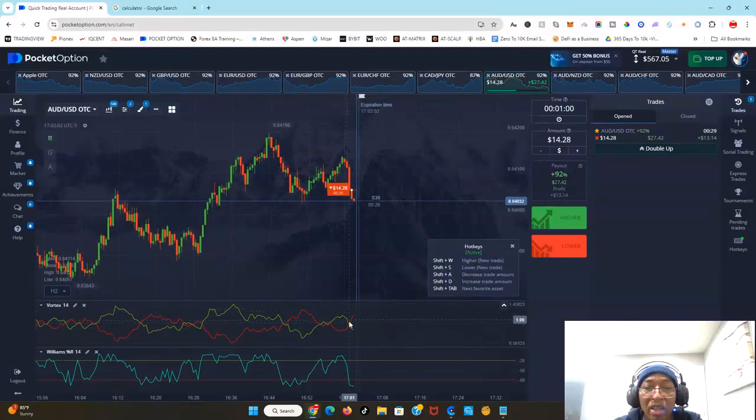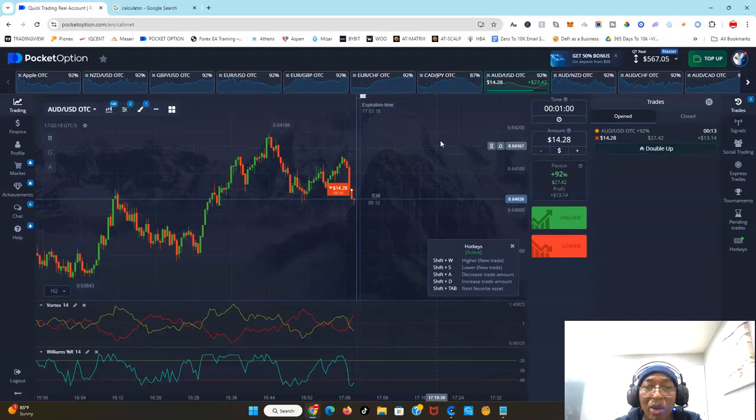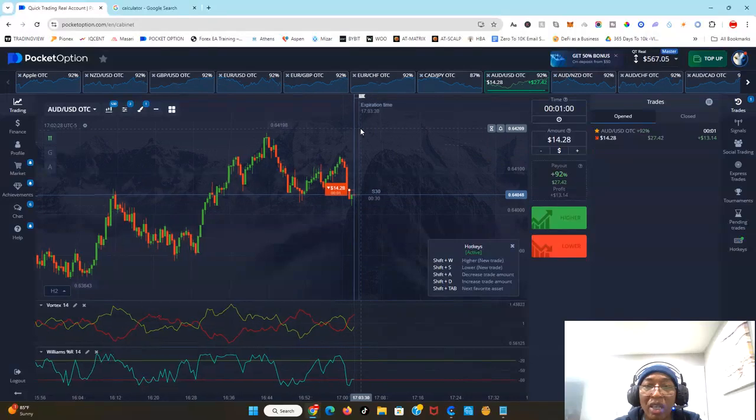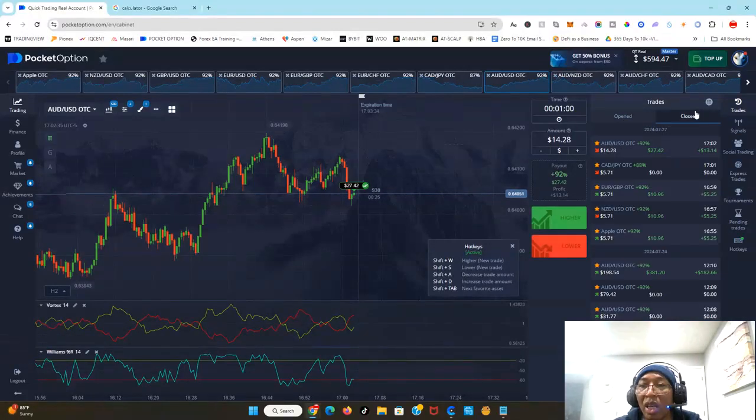As you can see, the red is shooting up above the green, and you can see there's a massive red candle here. Even though the momentum is reducing, I think we have enough time to recoup the loss and push us above for profit. But we cannot count our cows yet. The cows have not come home yet. Let's wait, because the green is forming. This could just shoot up here and take all the profitability. We have 4 seconds to go, 2 seconds. It's pretty close. And guys, we won that and we are in profit.